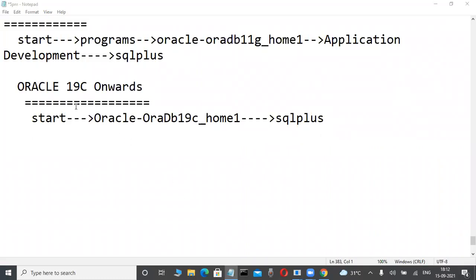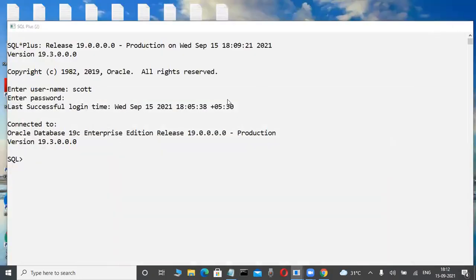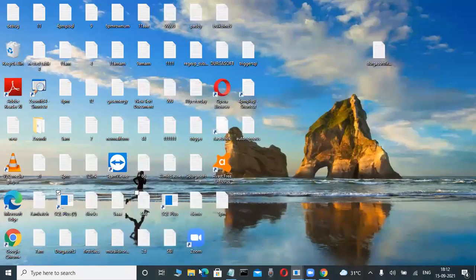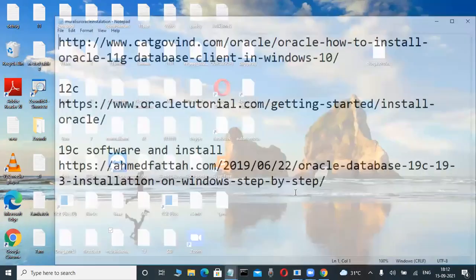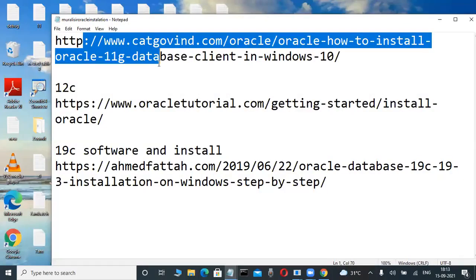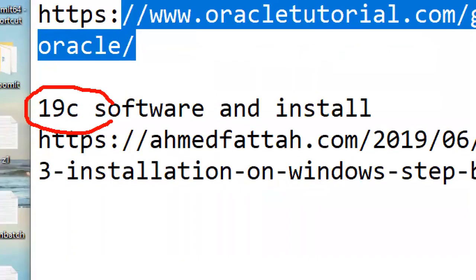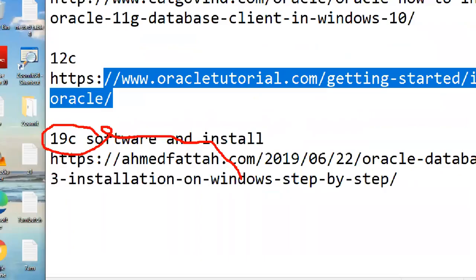Why I'm not telling the installation up to now is that some knowledge of users is required, because whenever we are installing this, I'm explicitly installing the Scott user only. These are the sites. Don't worry, I'm giving these sites, either the Oracle site or this one. In olden days it was 11G, 12C like this, but it is better to download 19C. How to install, those steps only,